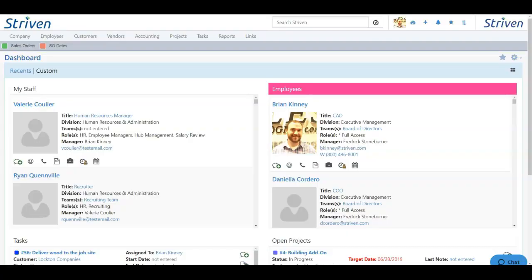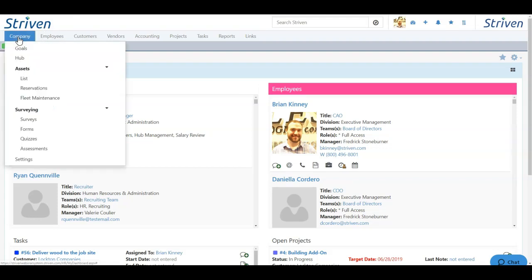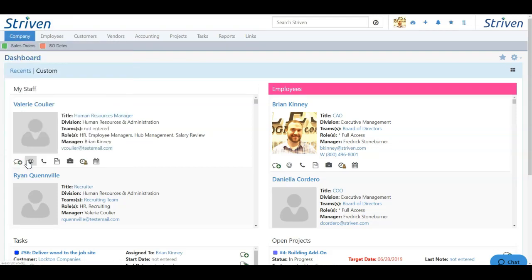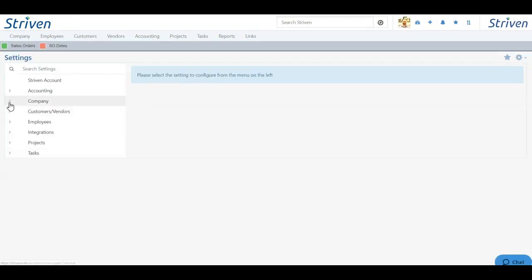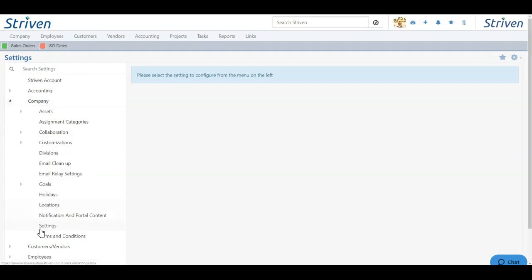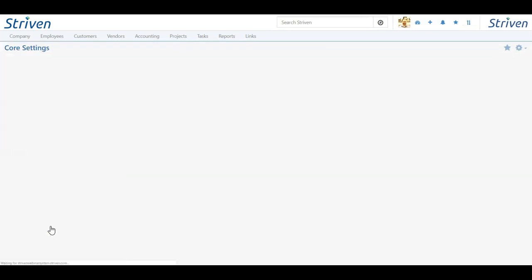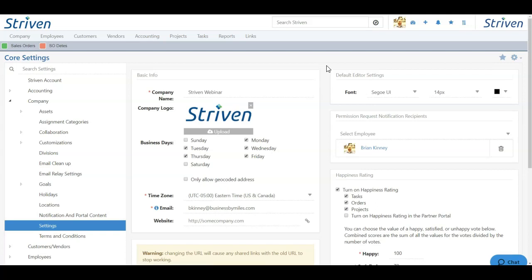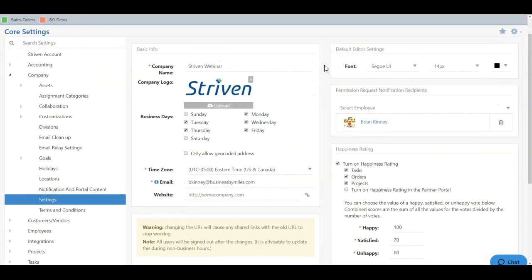So today let's begin by looking at our core settings. To get there, click the Company tab and choose Settings from the drop-down. Next, click the Company section, followed by Settings underneath. This will bring you to your Core Settings page, where you can configure all the basic information about your company